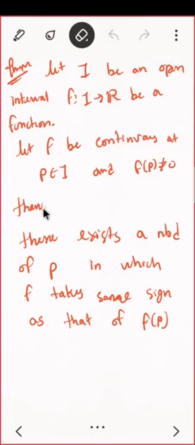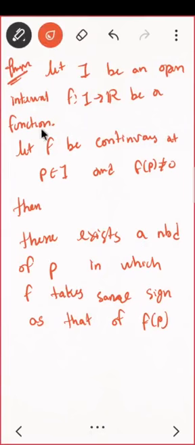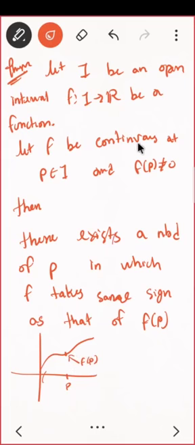Then, so let us see graphically what it means. See, I am always focusing on the graphical definition of anything. So let us see. You have a continuous function, whatever it may be, and here is your p, and say f of p is here, correct? So this is your f of p. Now read the statement. I have written this part.